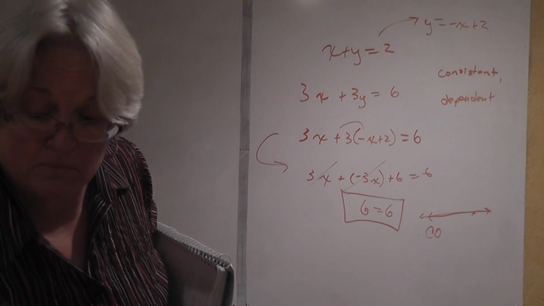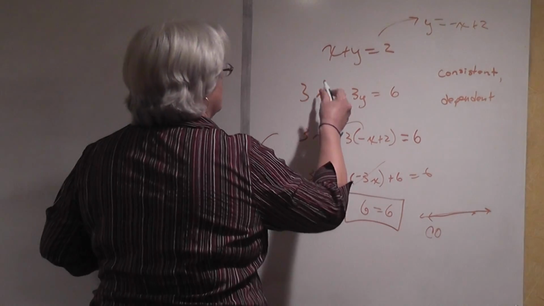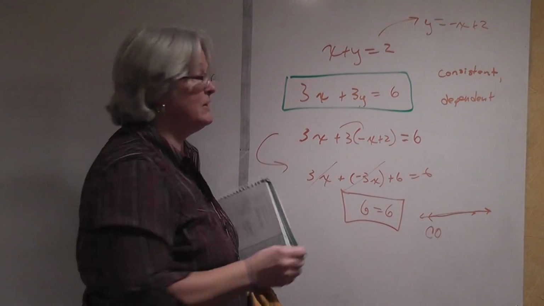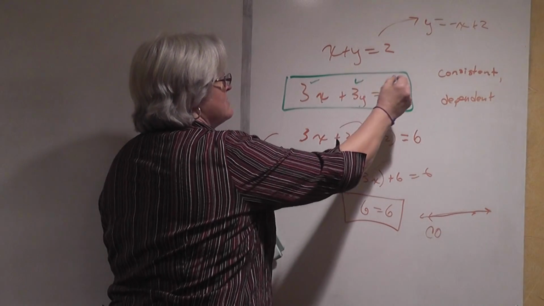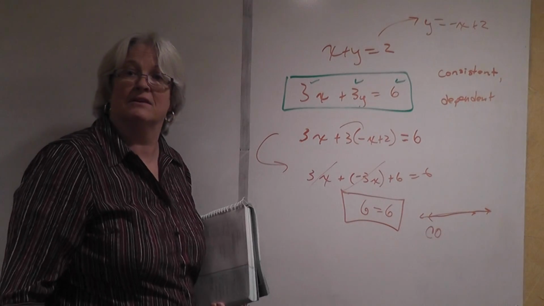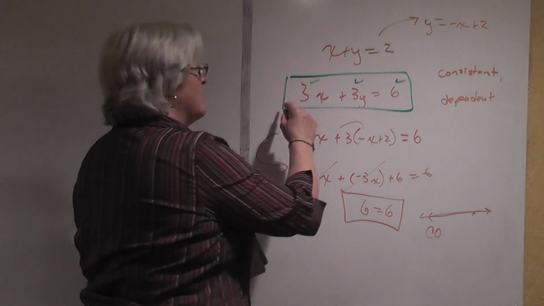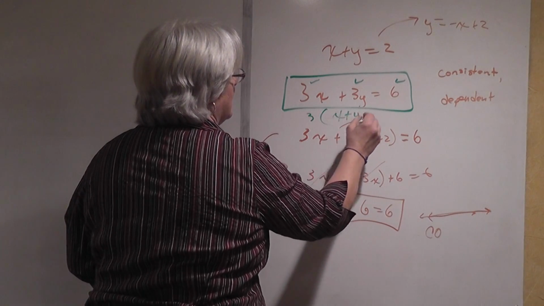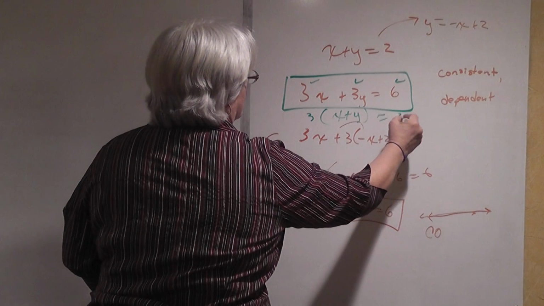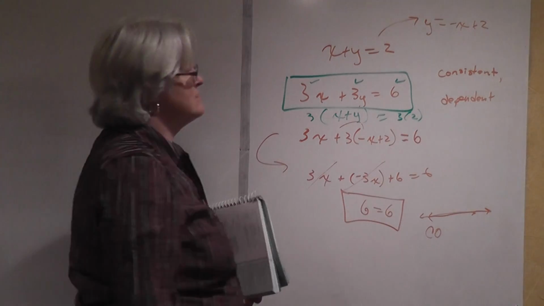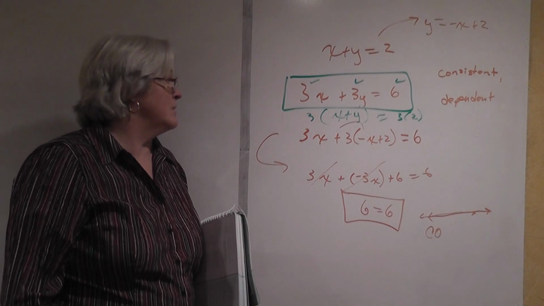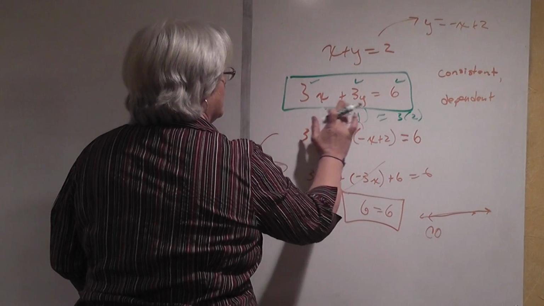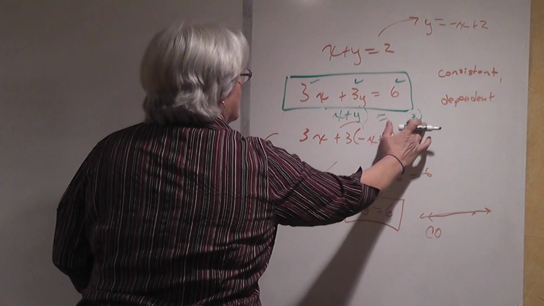How do I know that? Look at this equation right here. Do you notice anything about the 3's and the 6? That's right. Common factor of 3. If you factor 3 out, you have 3 times the quantity x plus y, 3 times 2. Now if we divide both sides of the equation by 3, we end up with the exact